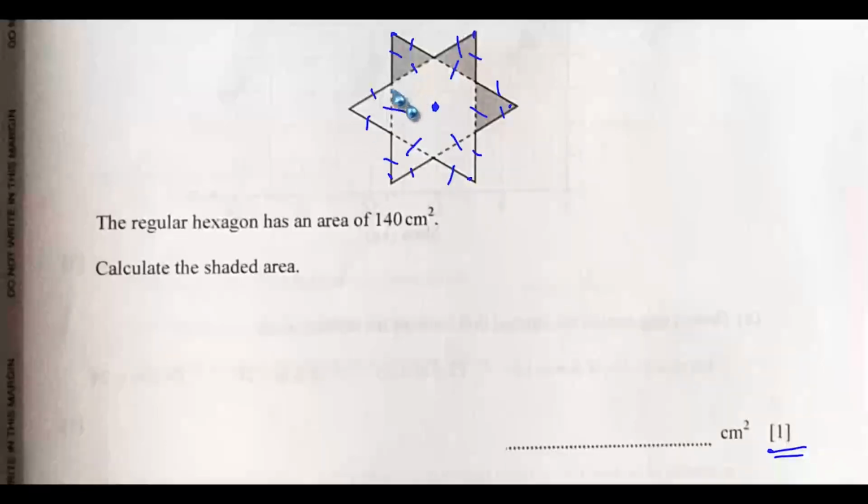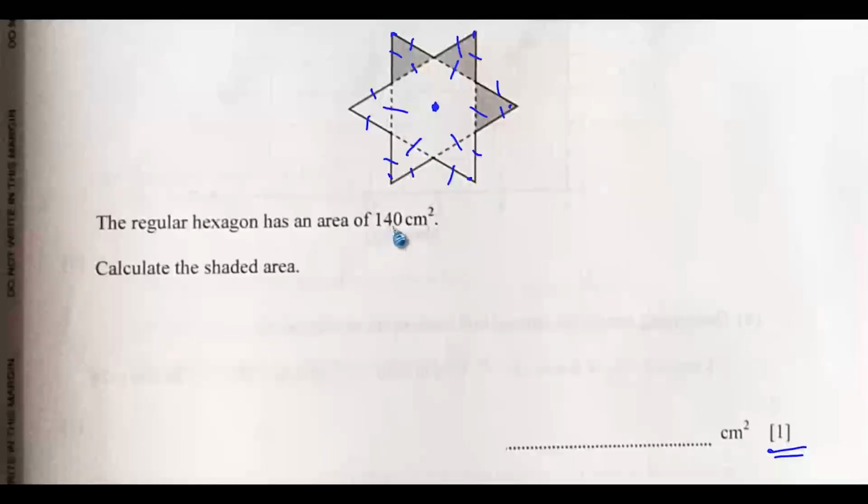So the area of this regular hexagon will be the area of these 6 equilateral triangles. Out of these 6 equilateral triangles, 3 are shaded and 3 are not shaded. So the area of the shaded triangles will be half of the area of